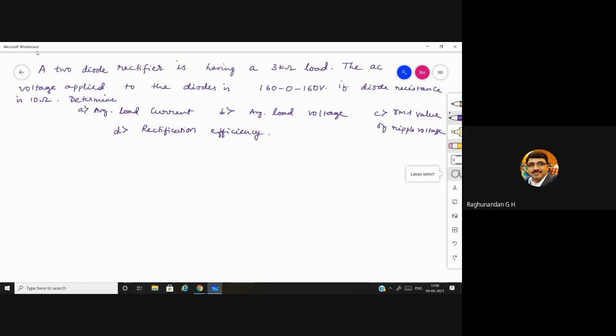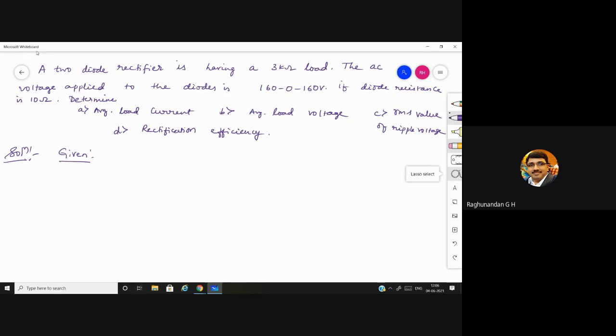So this is a given problem. This kind of problems are usually asked in the exam. So always have this standard way of writing the solution. First write the given. List out the given parameters, so it looks like a very systematic way of writing the answer for the evaluator.